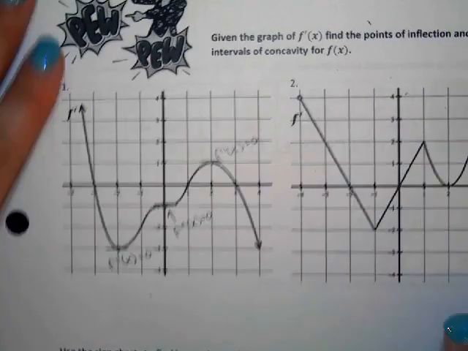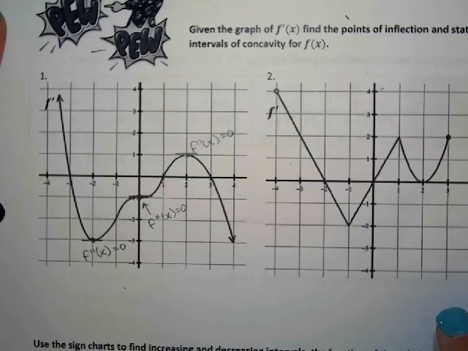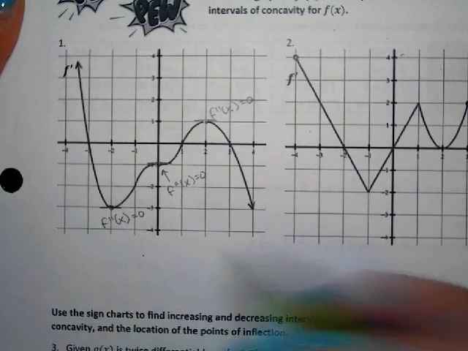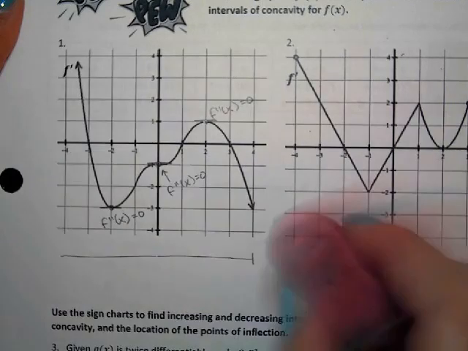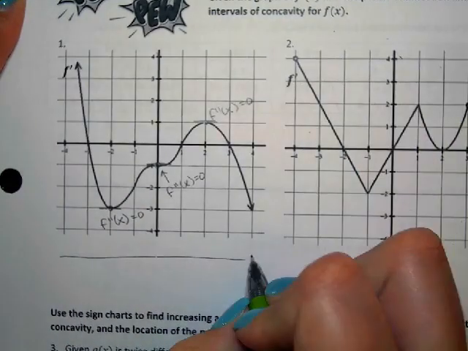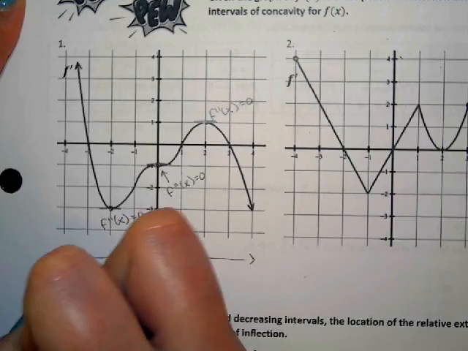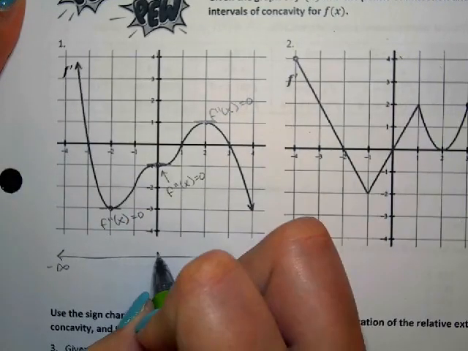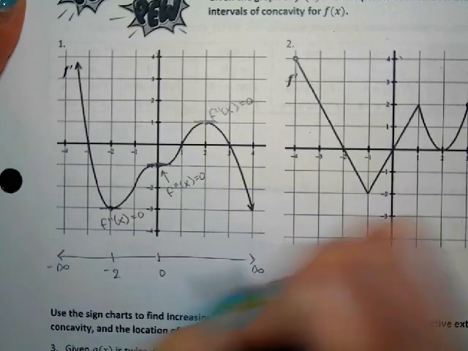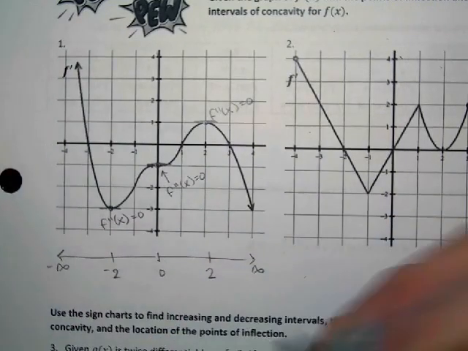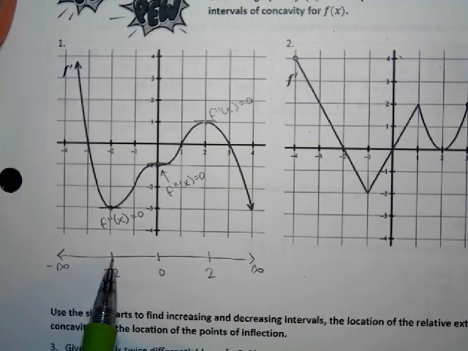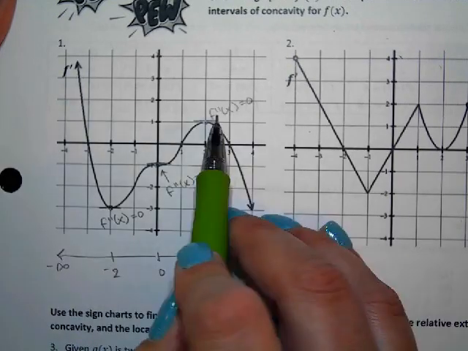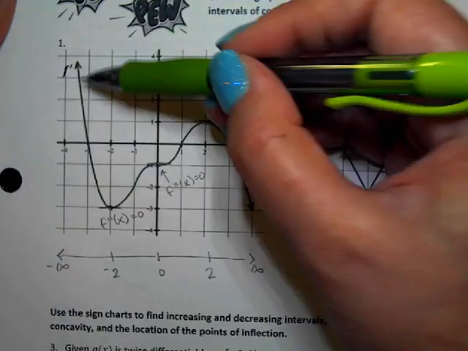Okay. So now they want us to find the intervals of concavity, so I'm going to go ahead and do my sign chart. I guess I always draw those as straight lines like they're ending, but they're not. So we have negative infinity and positive infinity. We have 0, -2, and +2. So between negative infinity and negative 2, our second derivative, so we're thinking of our second derivative,